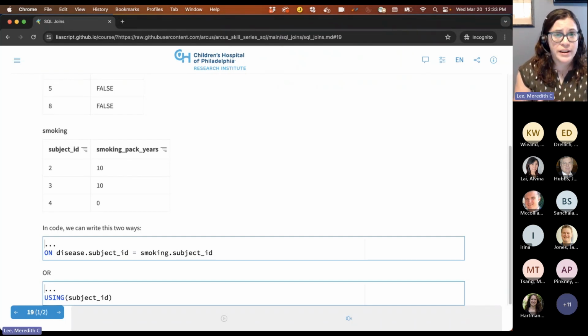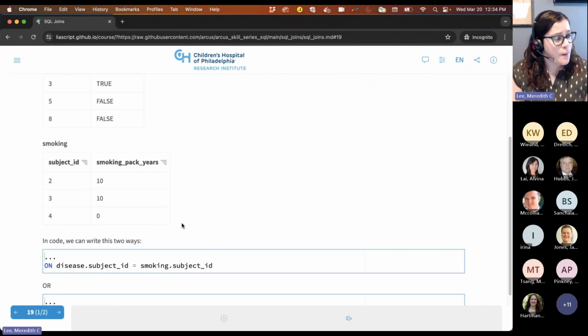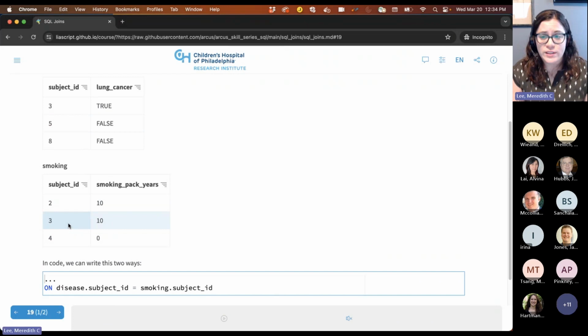It's okay if you never use using and prefer to always stick with on, which is more multi-purpose. You can see that using is a little bit shorter as long as the field names are the same. But often you'll just see on because it's multi-purpose and you don't have to worry about remembering how to use using. But with either of the above code snippets, on or using, subject 3 from disease matches with subject 3